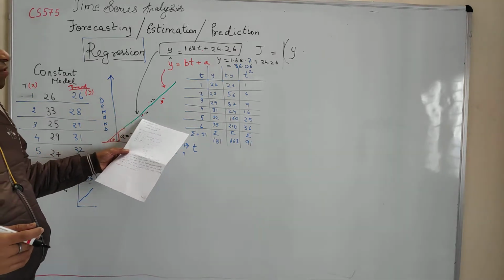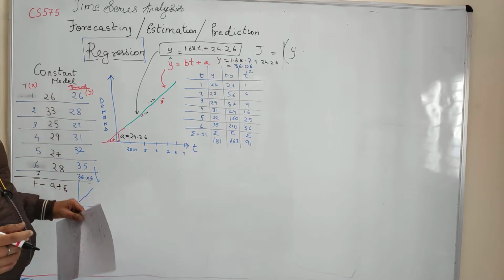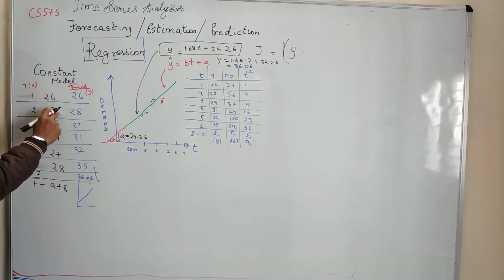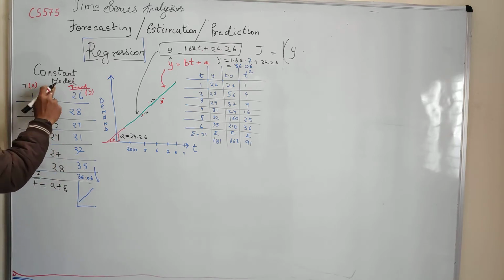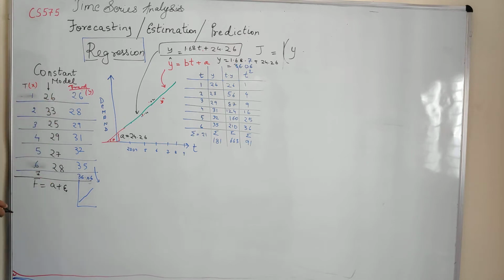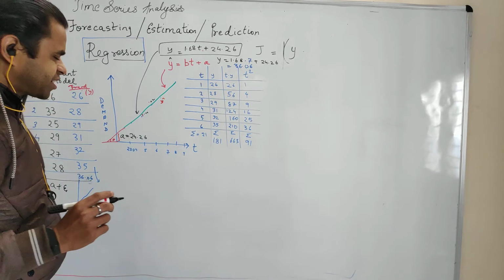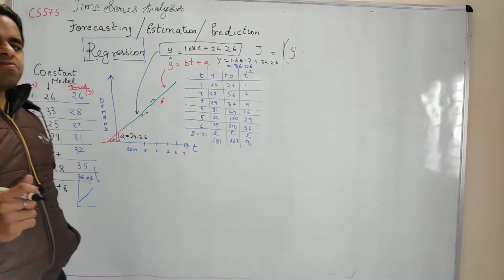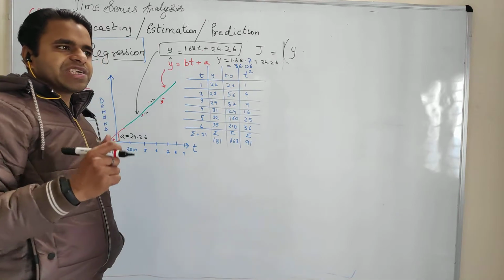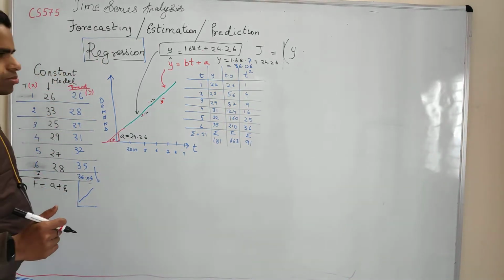Now what happens if you apply this linear regression to the flat model that we considered? Let's say this is our data: 26, 33, 25, 29, 27, 28. This was our example for exponential smoothing. You can see my previous playlist videos which have exponential smoothing explained. In that case, we took this particular example. Now we will see how linear regression can actually give us an idea about the flat model also.